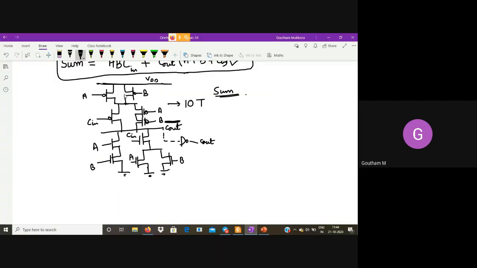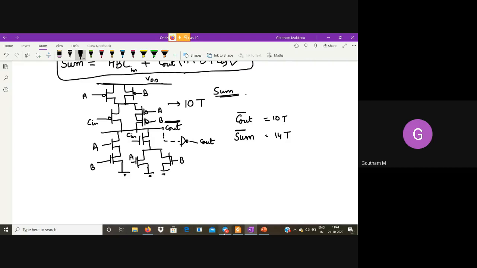So let me write, to generate Cout complement, we needed 10 transistors. Okay, to generate sum complement, we needed 14 transistors.